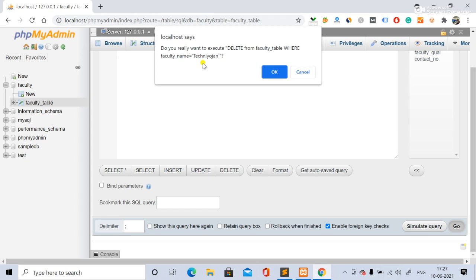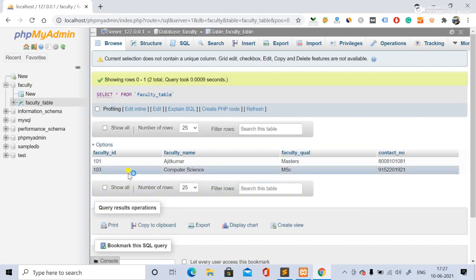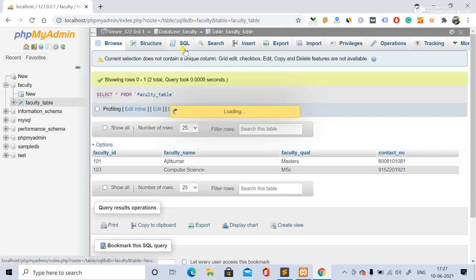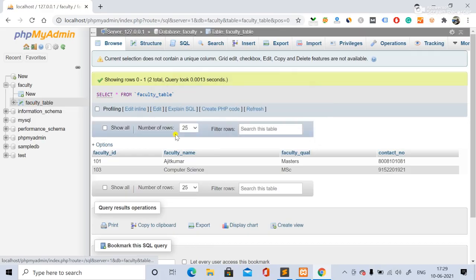But in normal cases, if the data is deleted, it can't be reversed. Now we'll check, see over here, the 101 is there, 103 is there, but 102 has been deleted.